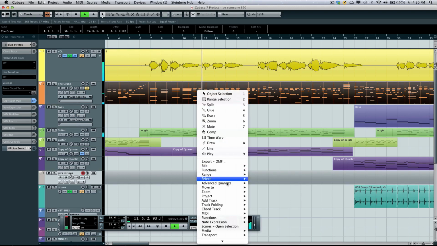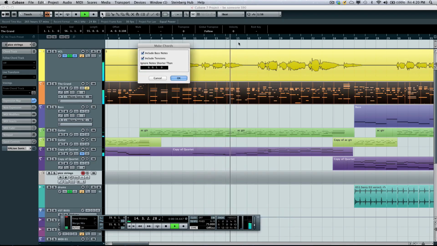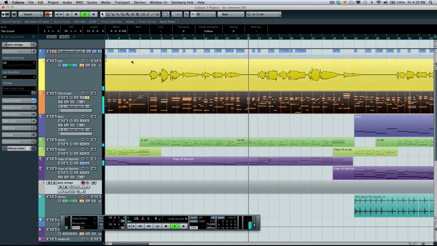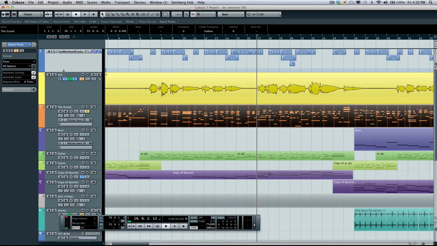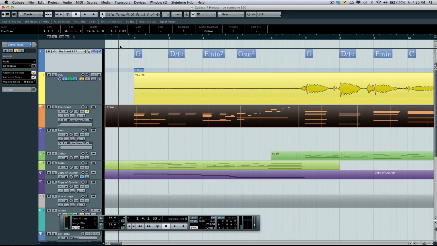I'll right click on the piano part, go to my chord track, and we'll say, let's make chords. And what I want to do now is just hit OK. So it's automatically generated my chords from my existing MIDI data. So now we look at our chords. We'll see